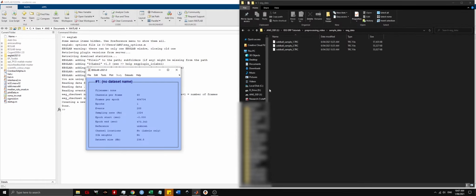Awesome. Once you've loaded your data, you can see that there's some information here about the file. The data contains 60 channels. It has one epoch, which means that it's a single continuous recording, and that it was sampled at around 1000 hertz. And down here, you can see that we don't know what the reference is yet or what the channel